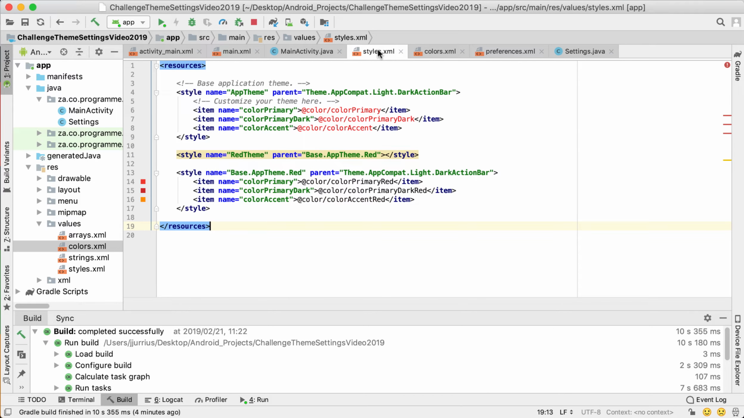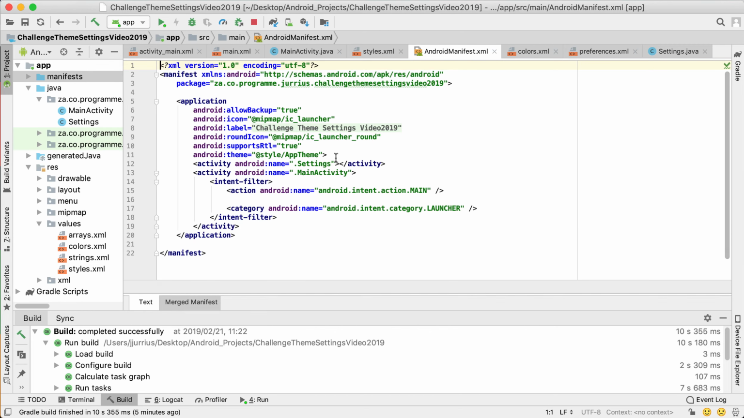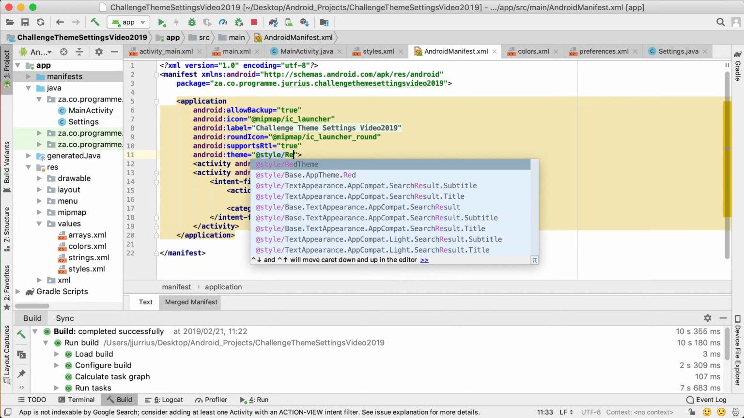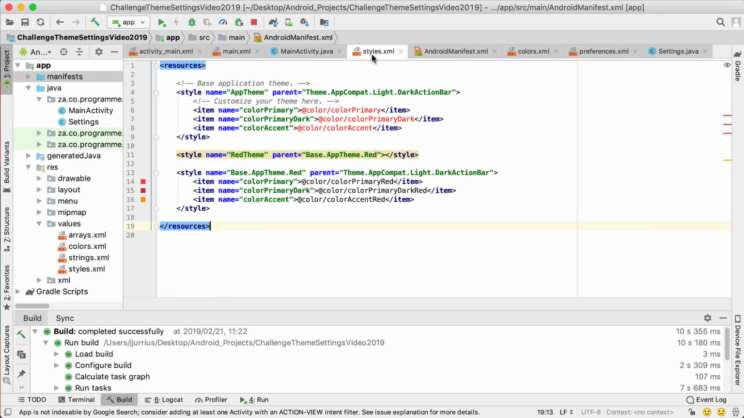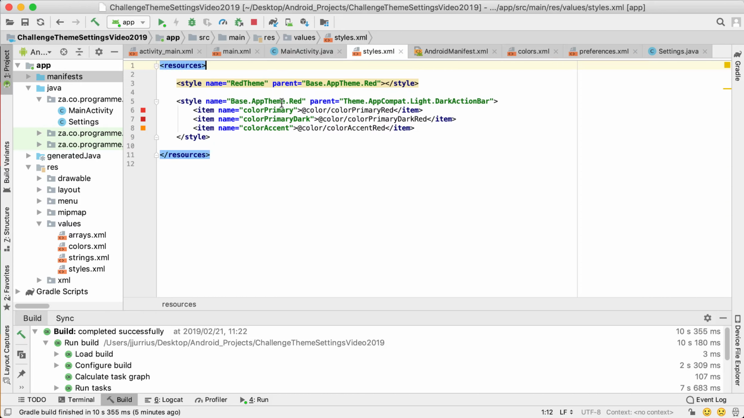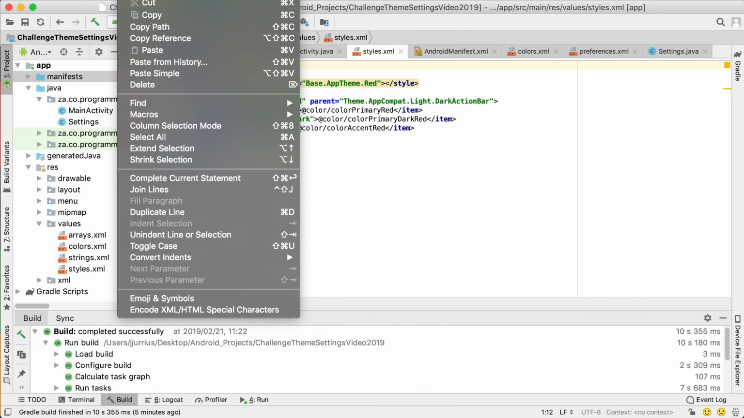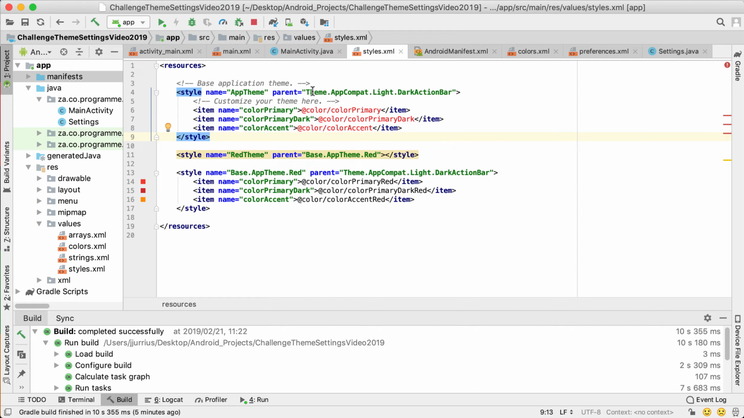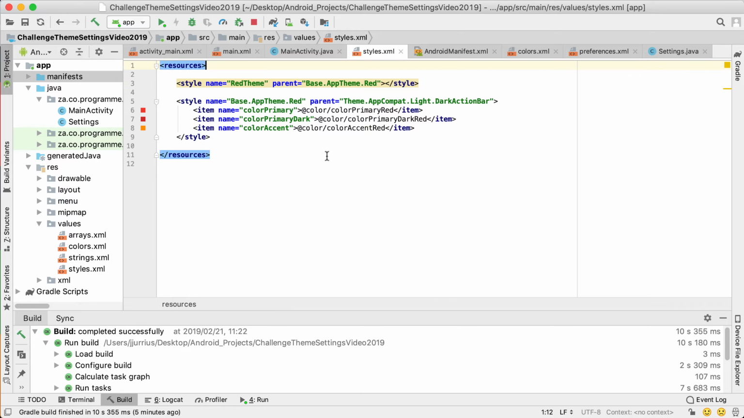And now in my styles XML, you will see that this theme is not working anymore. So what I'm going to do is to go into the manifest and set my theme there to start off with the red theme. Okay, so if I go back to styles, we can actually just remove this theme then, and this is the theme that we're going to use. Well, before I remove it, you can see that the parent is theme.appcompat light dark action bar, and it's exactly the same parent I have here. So we'll basically have the same thing,